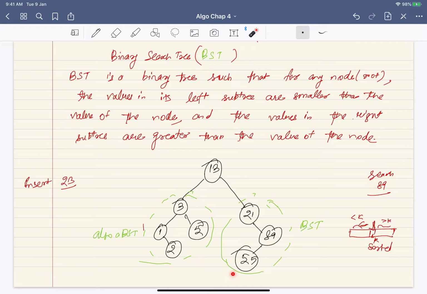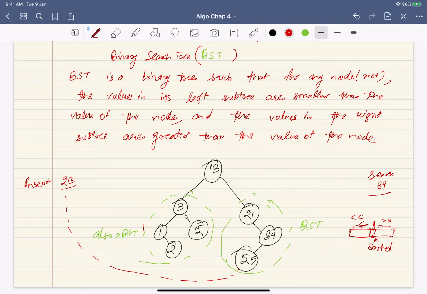Now that's where I have to say, if 23 was there, it would have been in this subtree. Because this subtree is empty, I have to actually insert 23 at this location. So this is all you have to do.